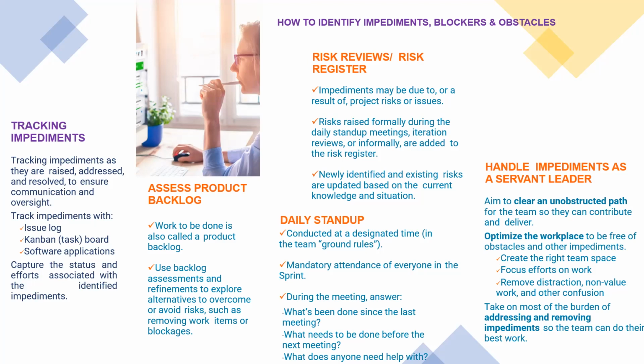Now, in handling impediments, you must approach it as a servant leader. I gave you a simple example that one of the simplest impediments is just having a brew between people. If two people are having issues between themselves, you wouldn't go there trying to be like, you don't do that again, and you do that again, I will beat you or something. No, you have to go there and do what? Pay attention. Listen to what this person is complaining about, what the other person is complaining about, and try to help them find middle ground as a servant leader.